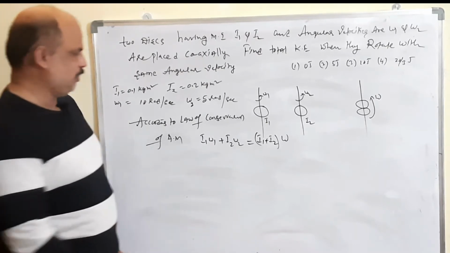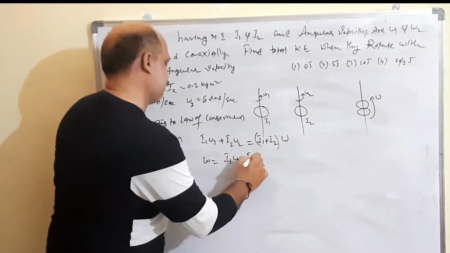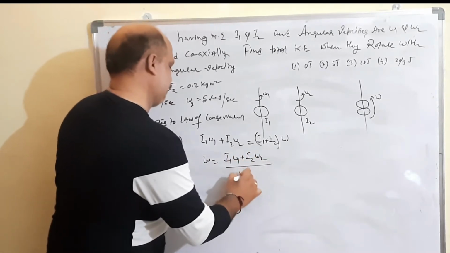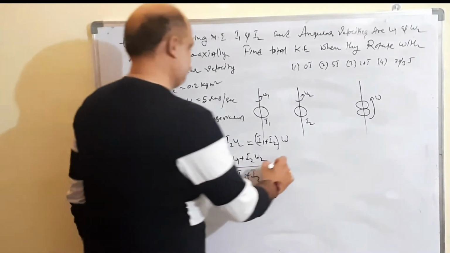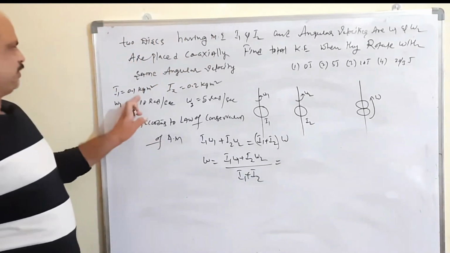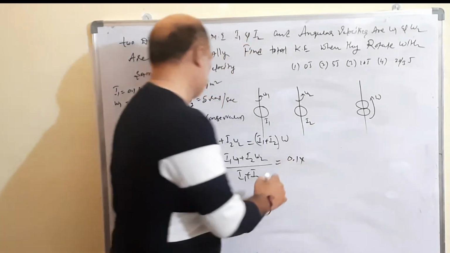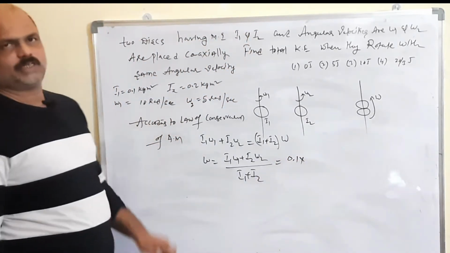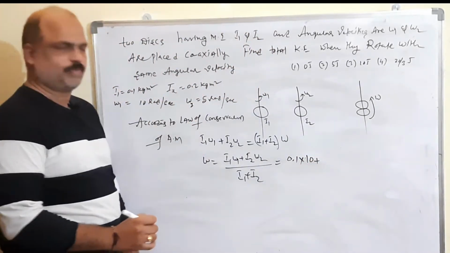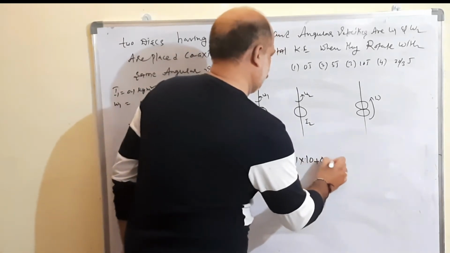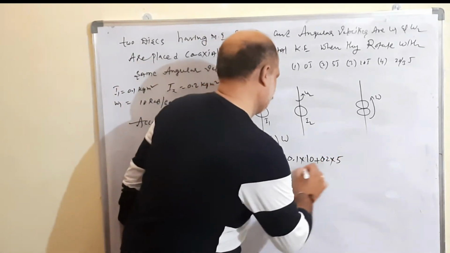So, now we want to find out omega. Omega is equal to I1 omega 1 plus I2 omega 2 divided by I1 plus I2. So, here substitute these values that are given. I1 is equal to 0.1, into omega 1, which is 10, plus I2, which is given as 0.2, into omega 2, which is 5, divided by